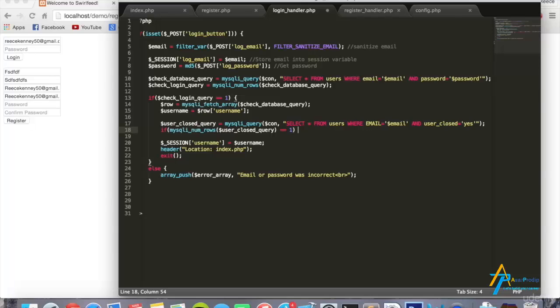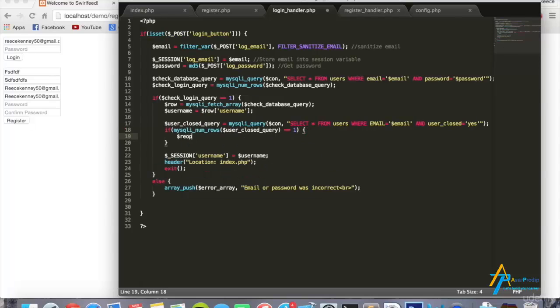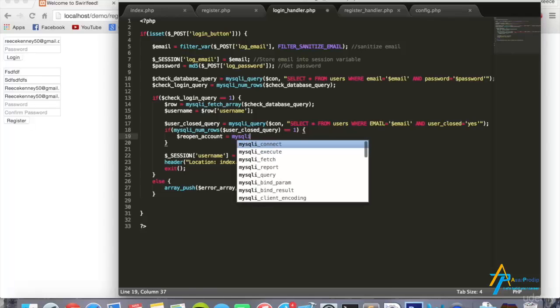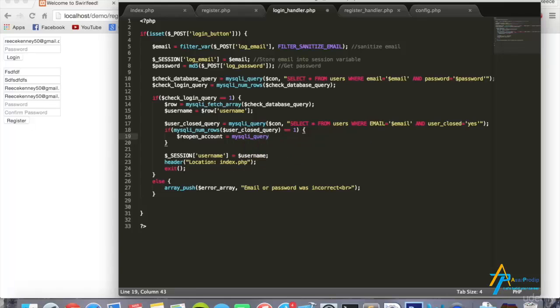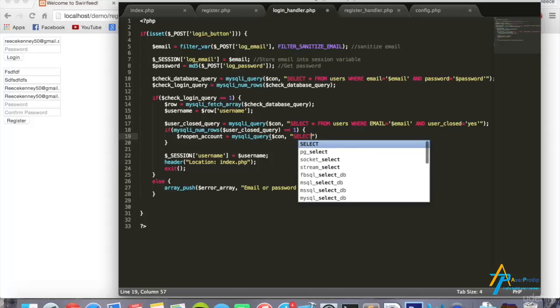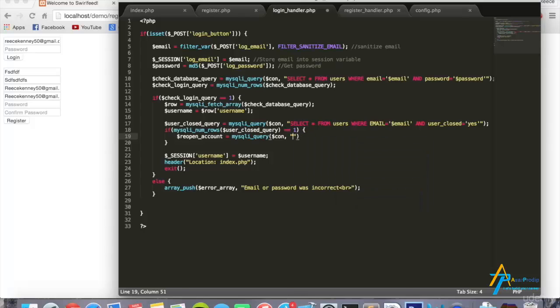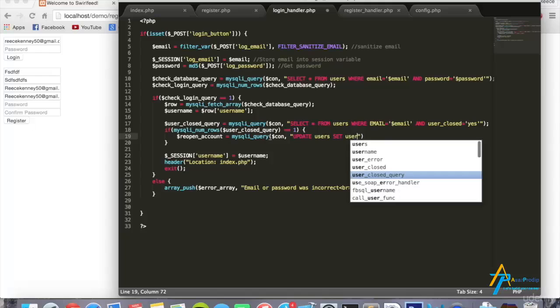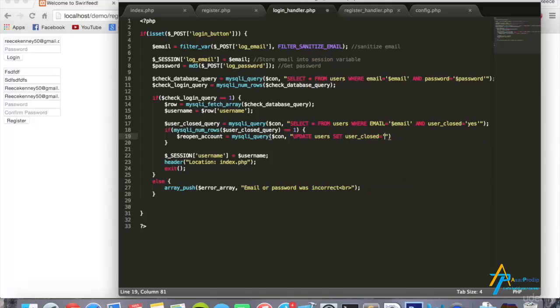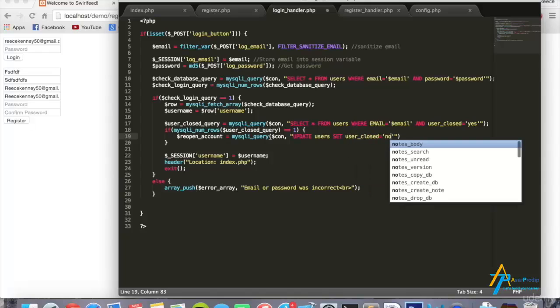So if it found a result, reopen account equals MySQLi underscore query brackets con double quotes select, nope, not select, update users, the user table, set user underscore closed equals single quotes no inside there,